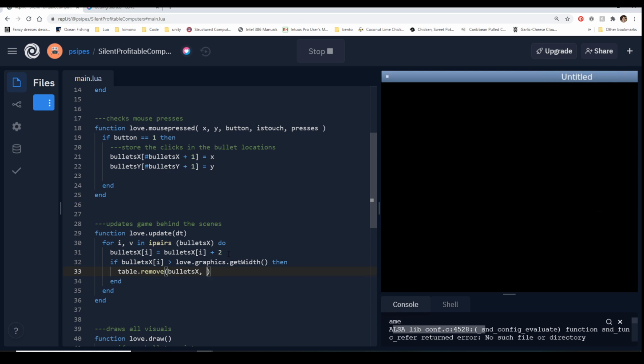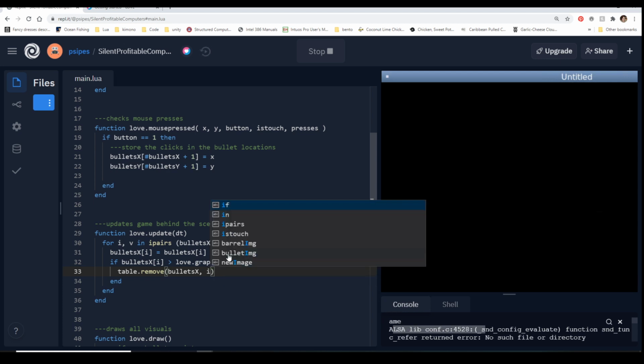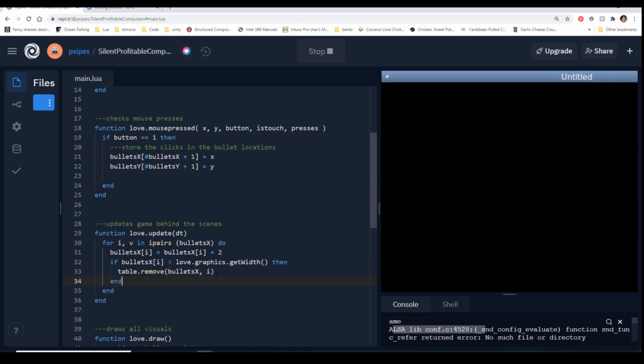And what do we want to remove? Which element? Well, whatever's at i, because it's over the line. And then we do the same thing, and we can just copy and paste it, and switch this over to a y. So then, we delete the bullets x and the bullets y.